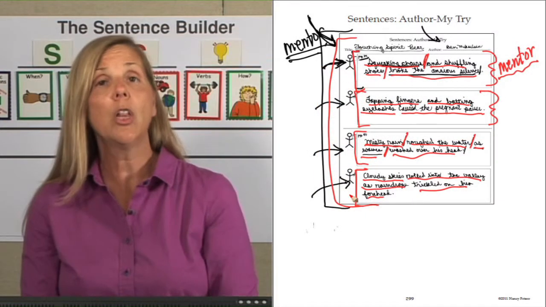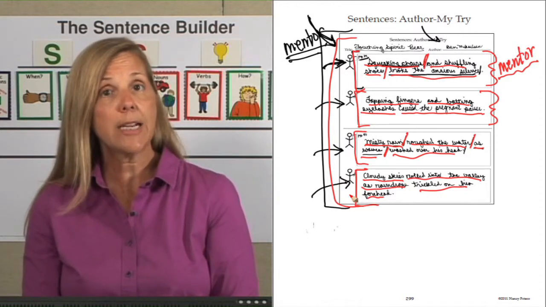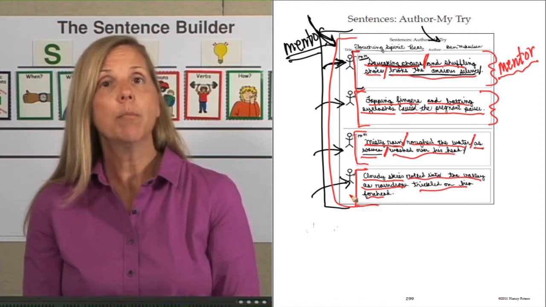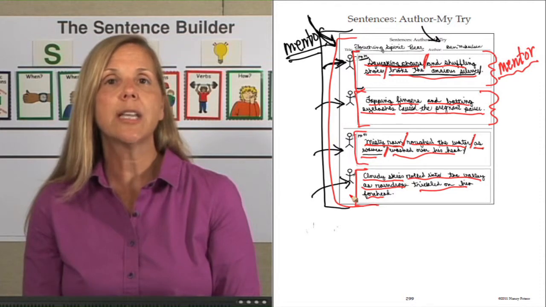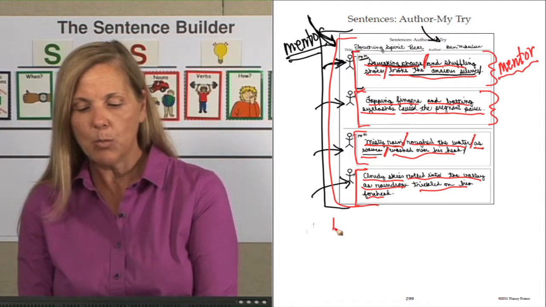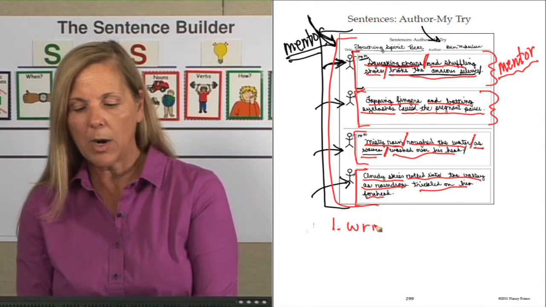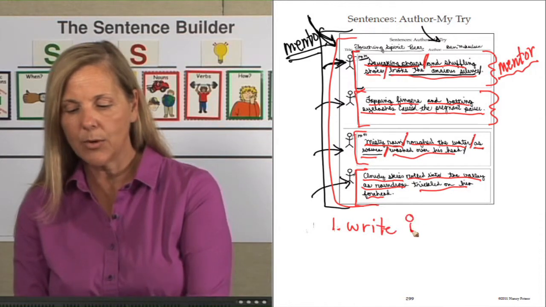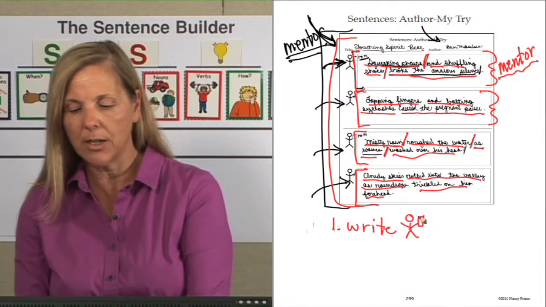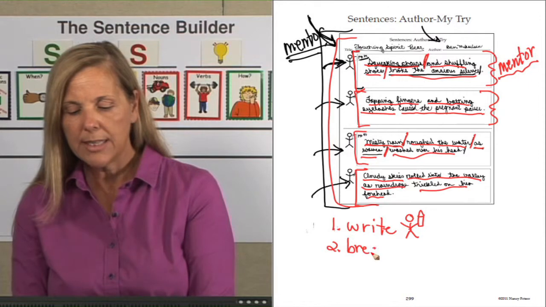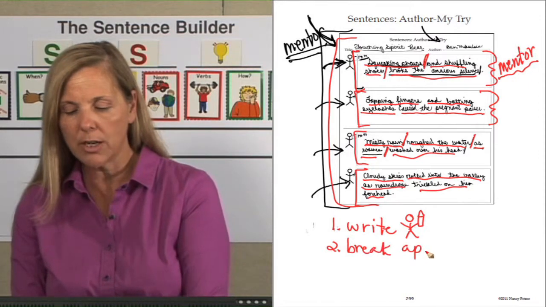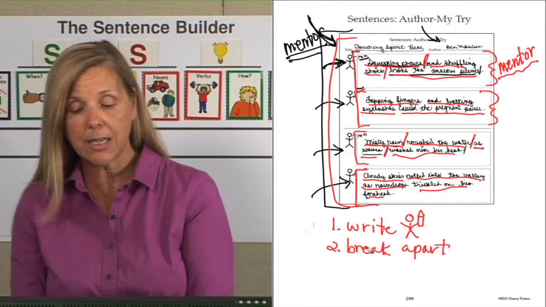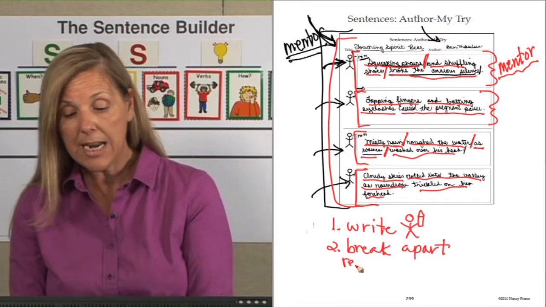This is an example of a student taking mentor text that she is reading, pulling out a sentence, and using the technique Author My Try, in which the first thing we did was write the author's sentence. So here's our author with a pencil in their hand. Then break apart the sentence into meaningful chunks. And when we break apart the sentence, we're going to read and stop